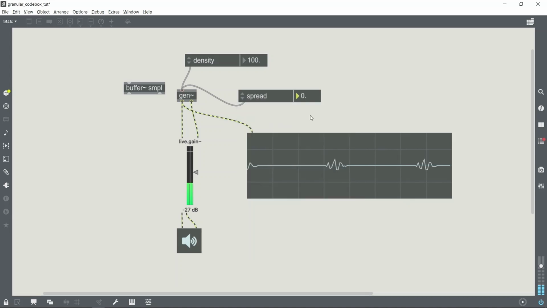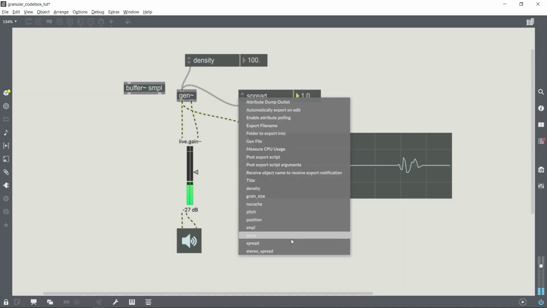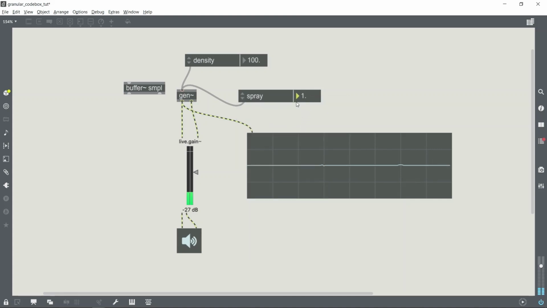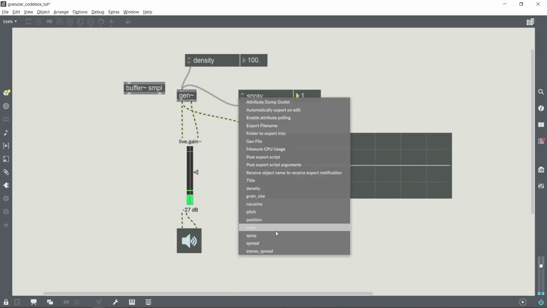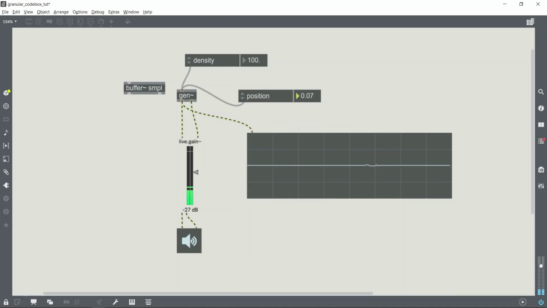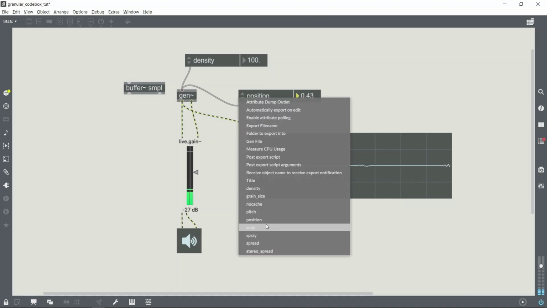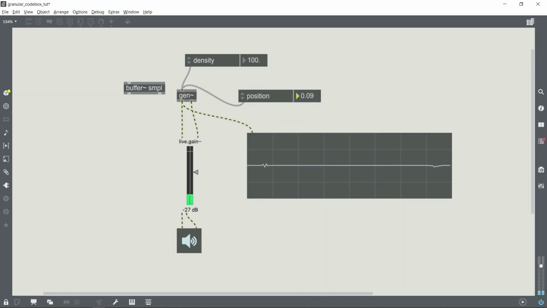And if I go onto the spread, that also seems to be working. And the spray, yep, it appears to be working fine. And position, I'll need to turn the spray down. Yep, it's working. So now that our makeGrain function is working well, we just need to copy that over for